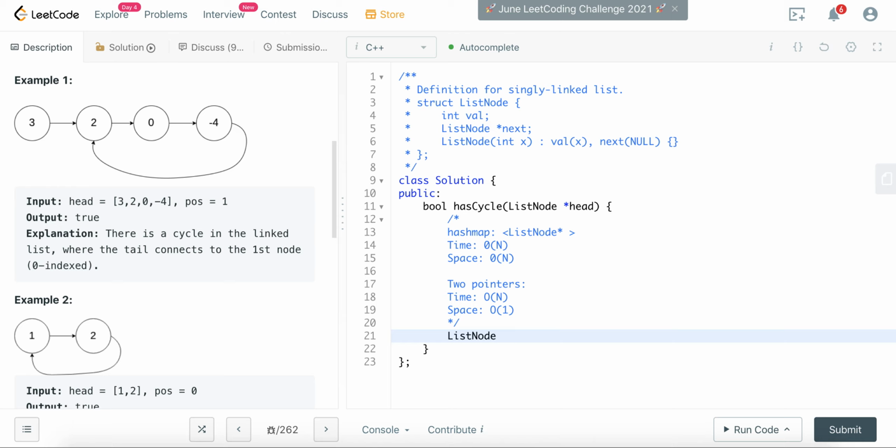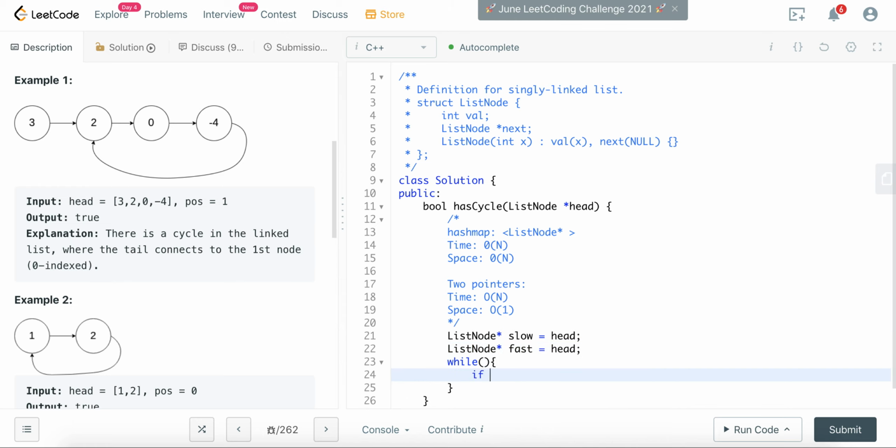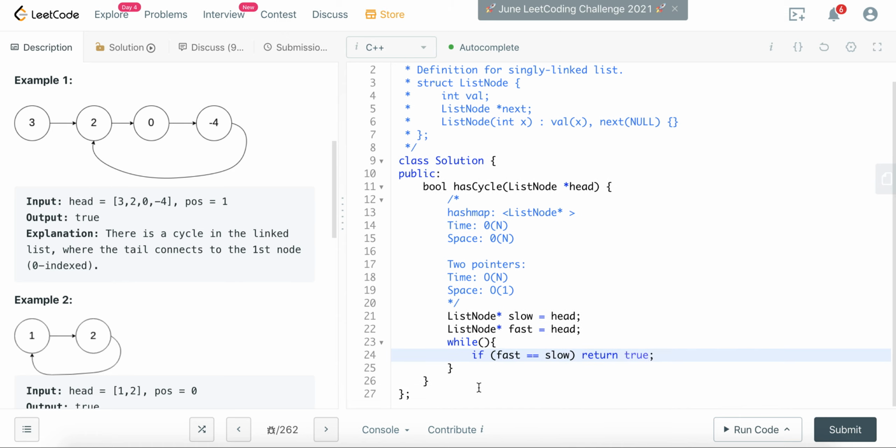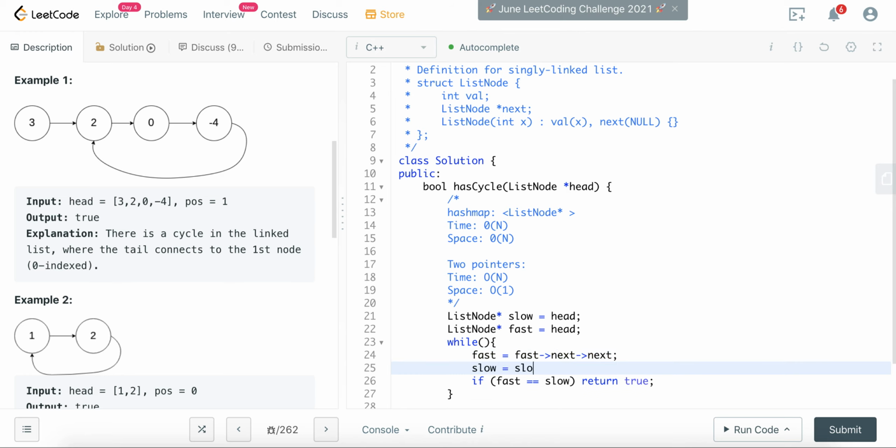So now let's do this. I will have a slow equals to head. I will have a fast equals to head. If my fast equals to slow, which means I would return true, otherwise I return false. How can we traverse this is fast will move every time 2 steps forward, while slow only moves 1 step forward. And while fast.next